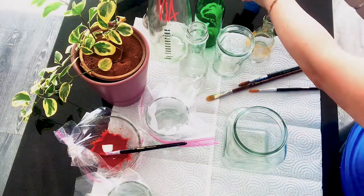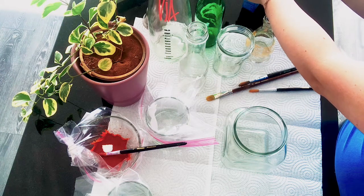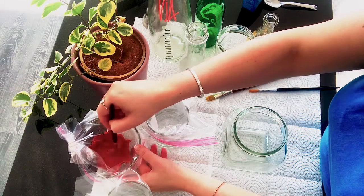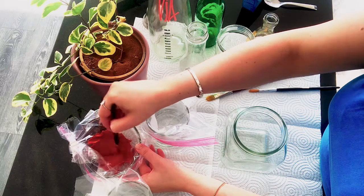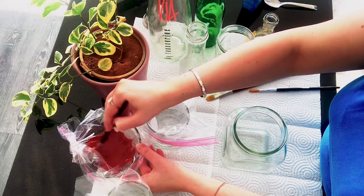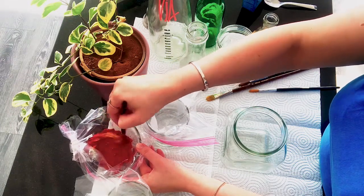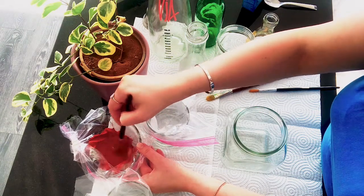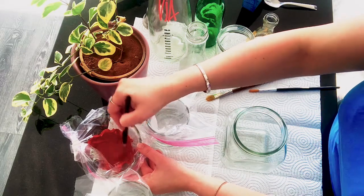And we are going to add it in the paint. Why are we adding it to the paint? Because this will help make the effect that we want on the glass, and it will help make it stick better, especially since we're working with glass. So, 1 teaspoon of baking soda, which is also called sodium bicarbonate, which of course your parents or your mom